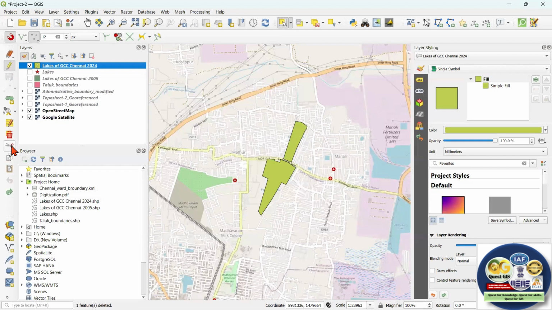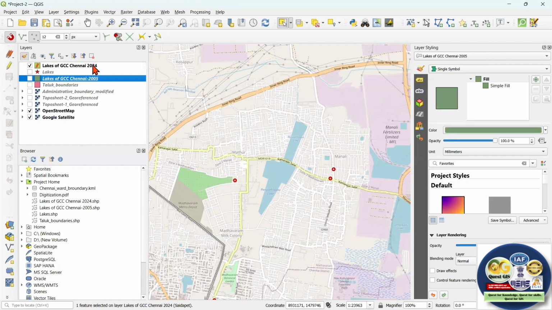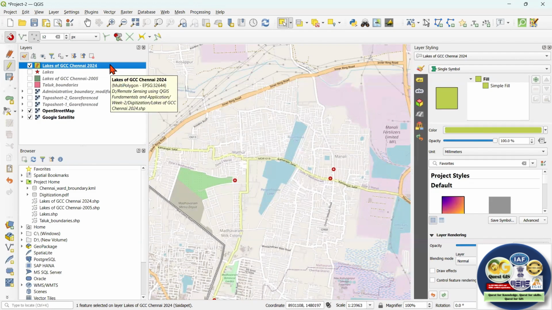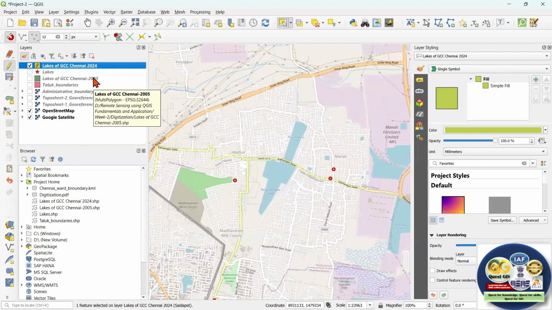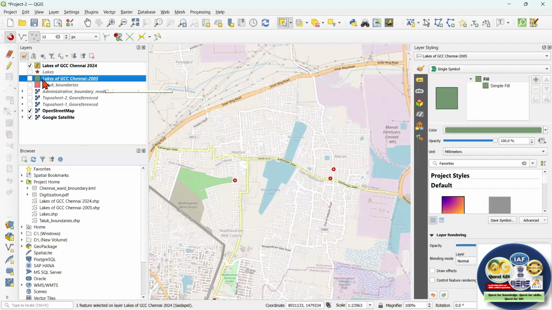You can also cut your feature. Suppose I have selected this polygon, and I want to cut this feature and paste it in another layer. Then I use this scissor-like icon here and cut it from this layer, and now I want to paste this particular polygon in 2005. Simply, I will go to the Lake of GCC Chennai layer, start the toggle editing mode, and click on this paste feature option. If you activate this, you see it got